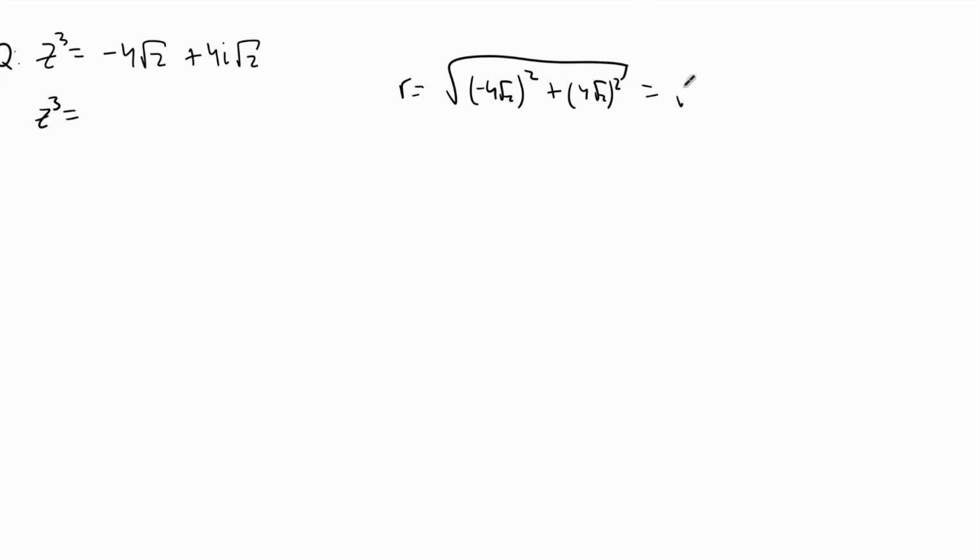And if we further expand this, we're going to get 16 times 2 here, which is 32, plus, again, 16 times 2 is 32, and it's going to be 64, and the square root of this is going to be 8. So we have 8 here as our r, and our theta, if we go ahead and sketch this on an Argand diagram,